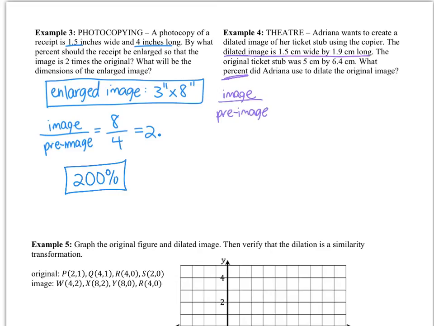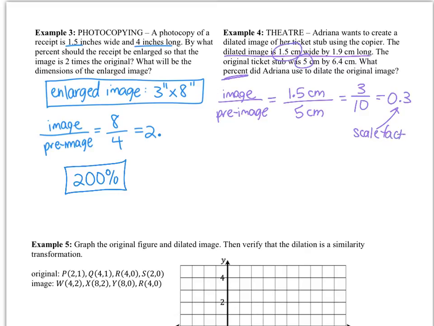So we can just take one of the dimensions. We can do the smaller dimension or the bigger. I think we should do the smaller. So the dimension in the image is 1.5 centimeters to the corresponding dimension in the original ticket stub, that's your pre-image, which was 5. So it's 1.5 to 5. And so we just divide that and you get 3/10, or you can just leave that as 0.3. So that would be our scale factor,